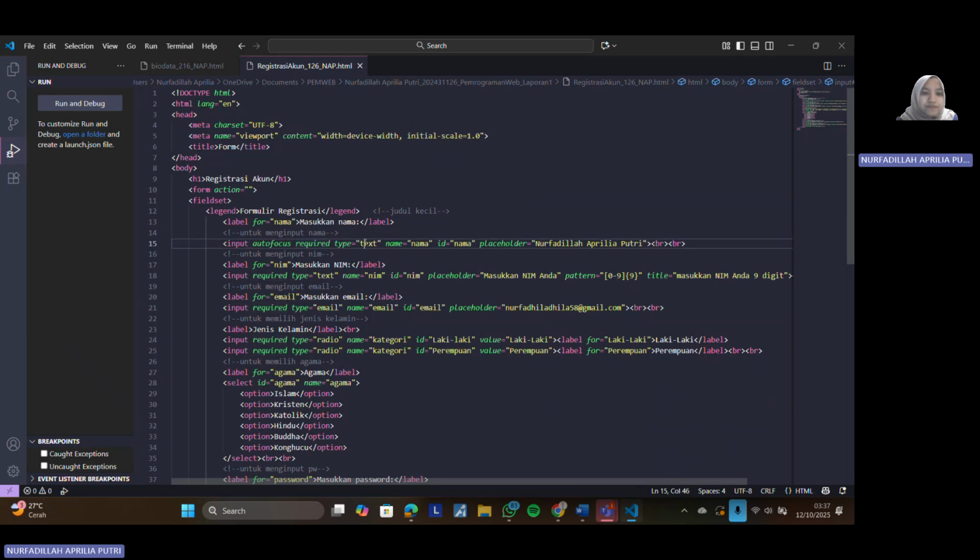Lalu ada type text. So this input is a normal text box, and placeholder. This is example text inside the box. It disappears when the user types.